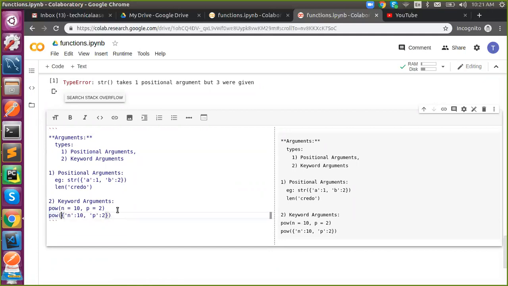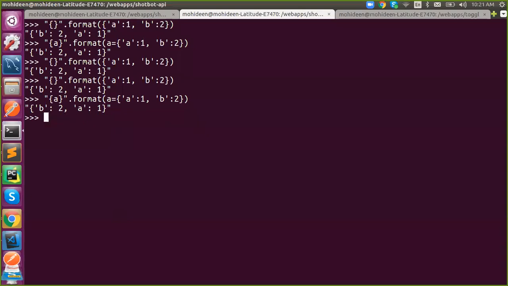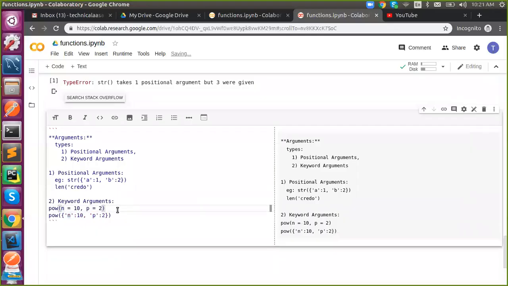How to convert this into a keyword argument? How will this become like this? We have seen in dot format as well. Unpacking. How to?